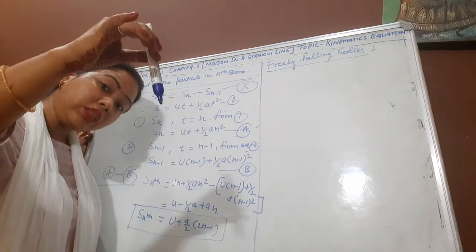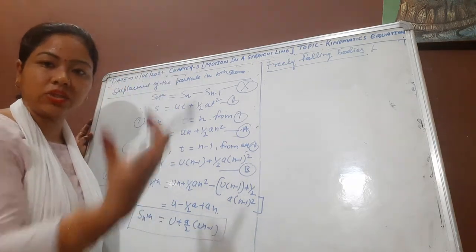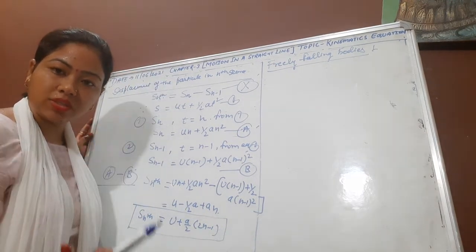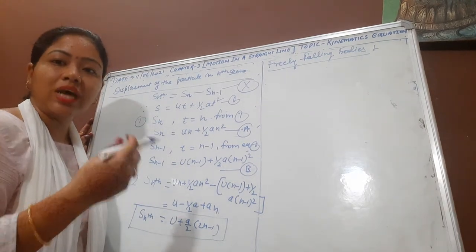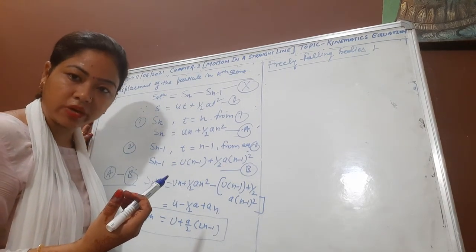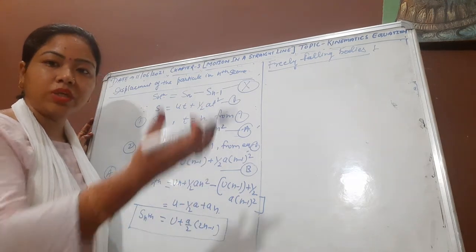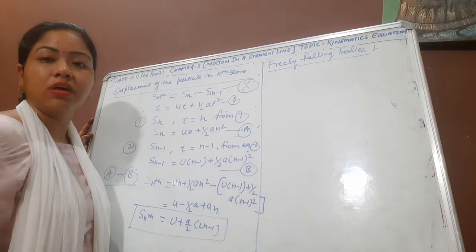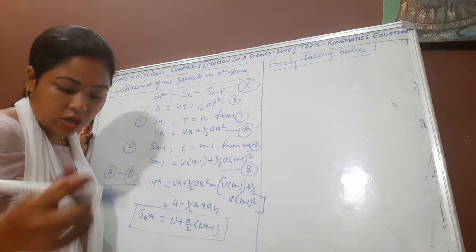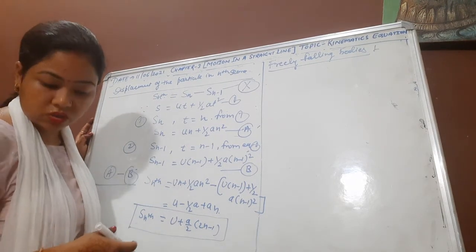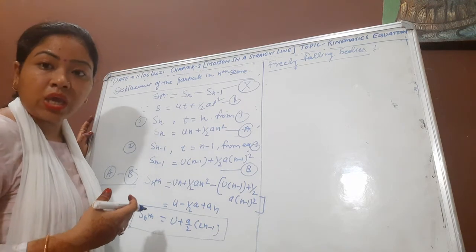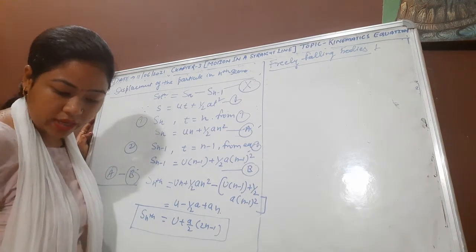That means in the direction of gravity, because the direction of gravity is always towards the center of the earth. So any object that moves towards the center of the earth moves in the direction of gravity, right? Now, if any object we are throwing in the upward direction, that is against gravity, right? So for that, we will just manipulate these four equations of motion in terms of free fall, right?